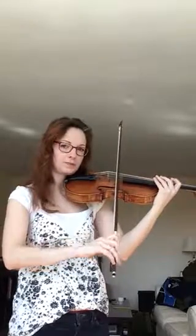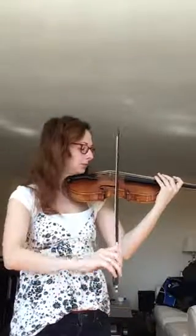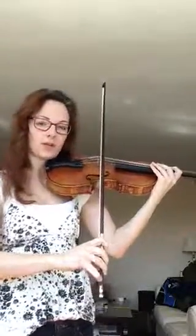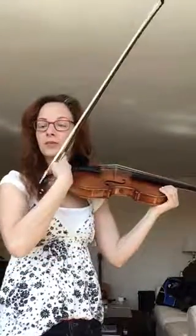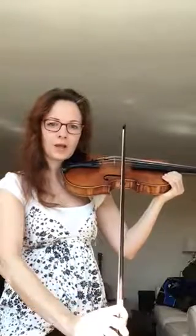And also the fingers. You can do that a few times on an open string. Put your bow in the middle and just open and close. And if you can practice in the mirror, you can lift your chin away, just because you want to see what's happening and make sure your bow goes straight. And slowly